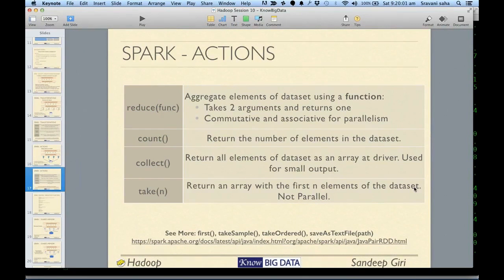Do you remember the combiner function of MapReduce? Okay, Vishnu remembers the combiner. So this reduce is a little different from MapReduce, because in MapReduce the function could take multiple